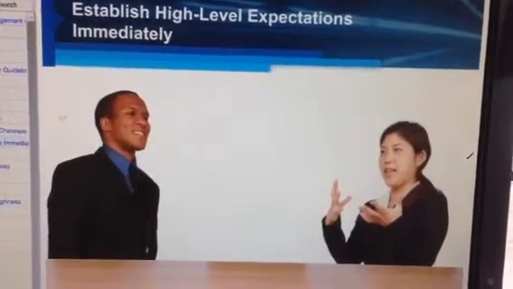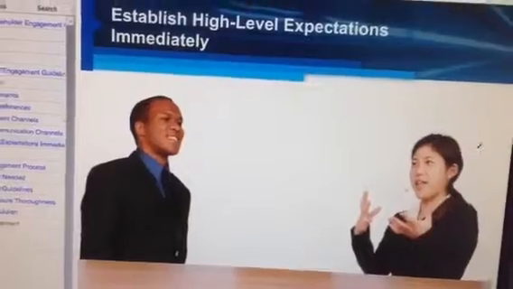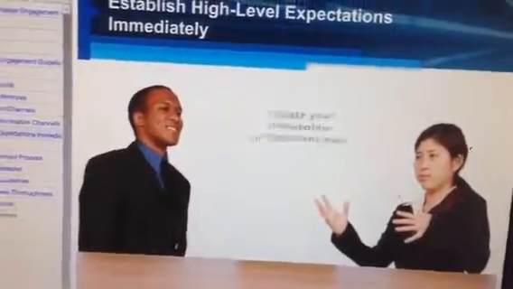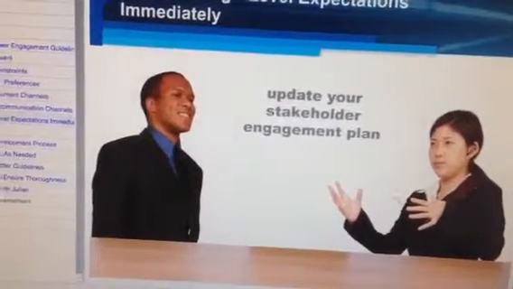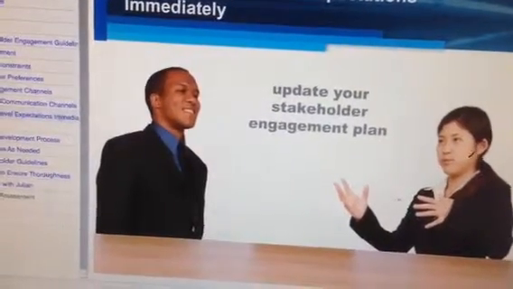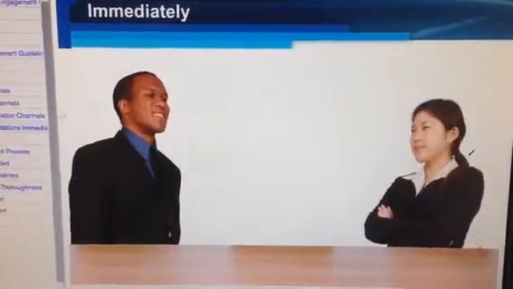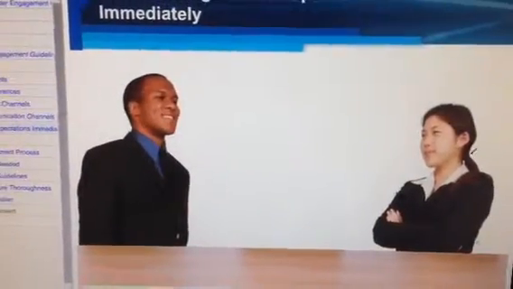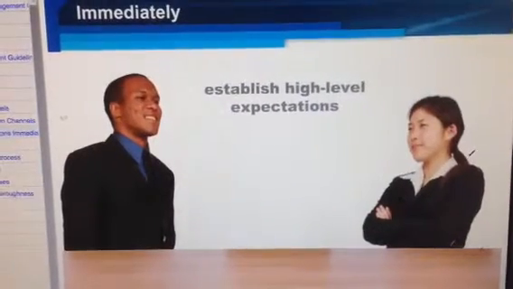Something like a request for a change in scope will invoke a lot of program management processes. And you're right, it would likely require you to update your stakeholder engagement plan and guidelines. Sometimes these kinds of issues are directly related to not engaging effectively with stakeholders from the beginning. It's critical that your guidelines include engagements that help your stakeholders establish high-level expectations of the program and its deliverables